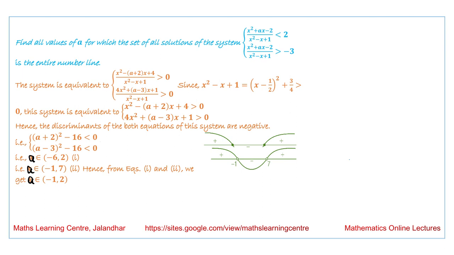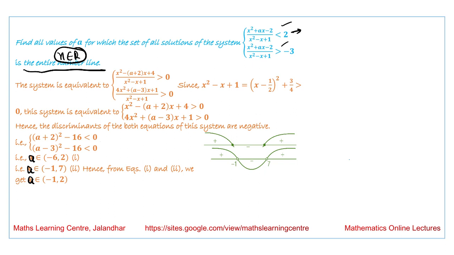Now, next we have: find all values of a for which the set of all solutions of this system is the entire number line. Entire number line means we are saying that the solution we have is x belongs to R. So, when we are talking about this system, it is equivalent to